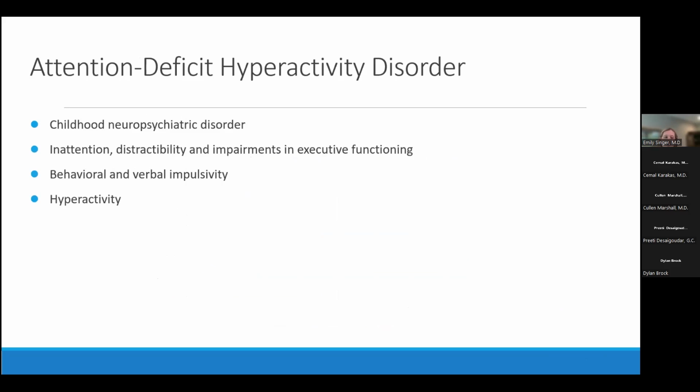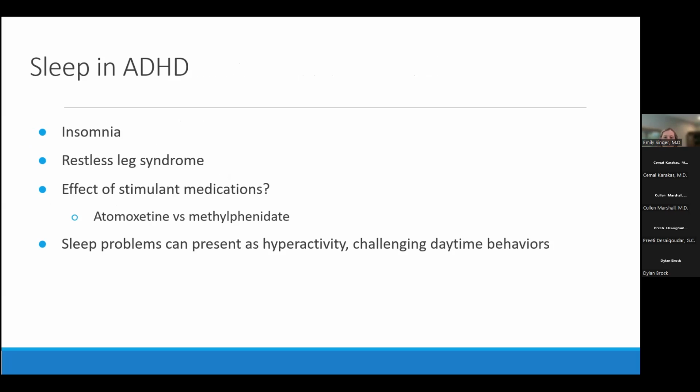And so, of course, this is a very common diagnosis with core features being inattention, distractibility, and impairments in executive functioning that should be seen in at least 2 places. And what we see in terms of their sleep problems is that children have a very high rate of insomnia. They've actually shown in some studies that children can have a delayed dim light melatonin onset, suggesting that these kids might have a little bit of a delayed sleep-wake phase, which might be contributing to the insomnia